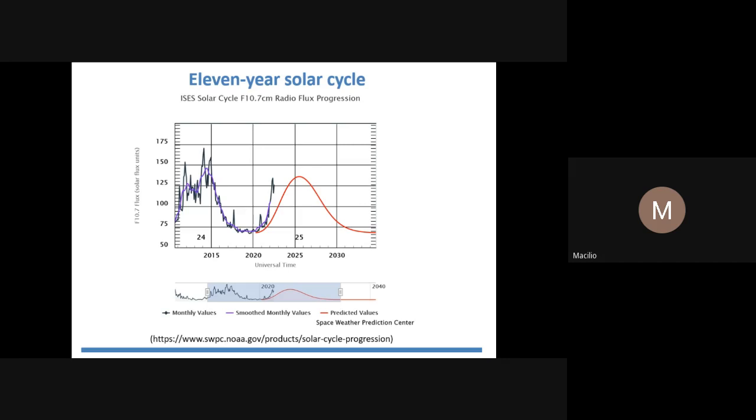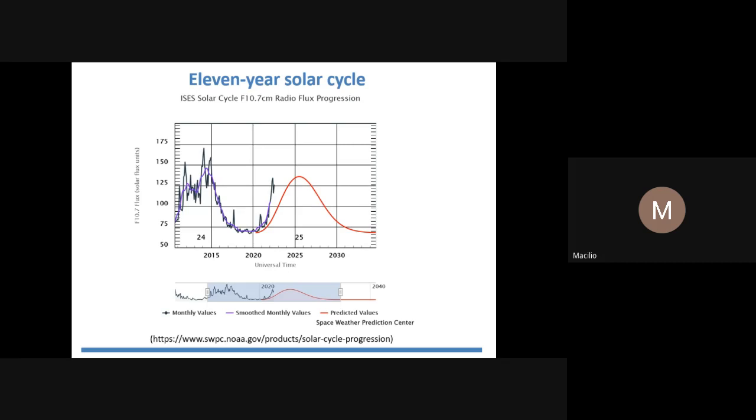We are near the minimum of solar activity. The next maximum will be about the year 2025. In this figure, the intensity of solar activity is measured by the radio flux